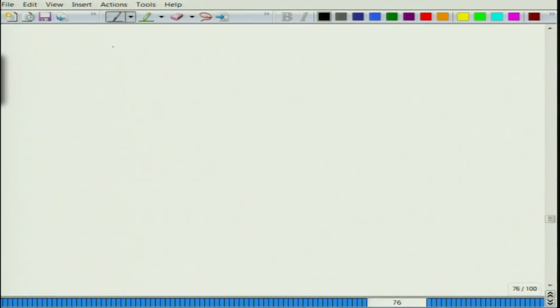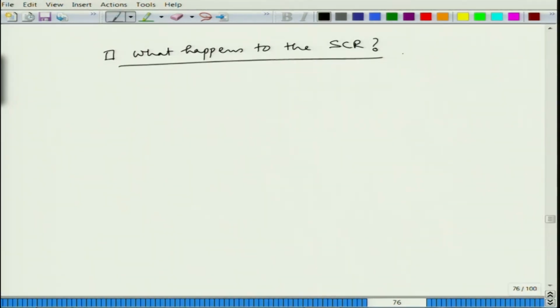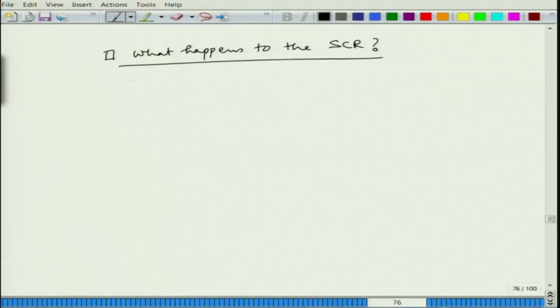Now, that is the expression we obtain for the quasi neutral region. Now, what happens to the space charge region? Because if current flows through the diode, it has to pass through the space charge region as well, right. So, what happens there? The standard assumption